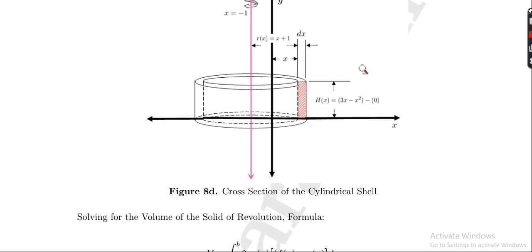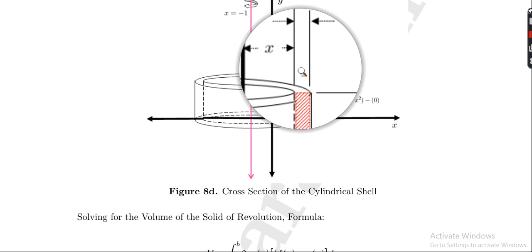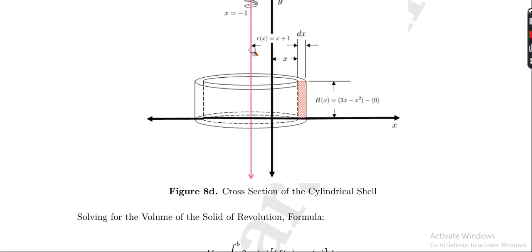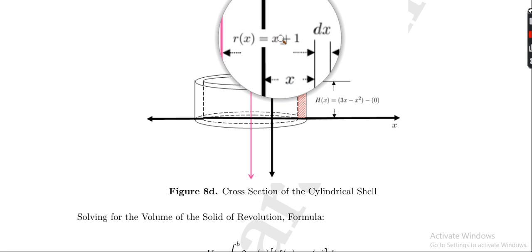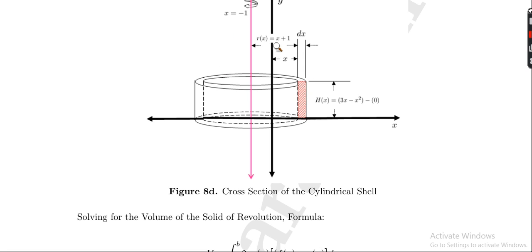Okay. Now, for our radius ng shell, so that is the measure from the element to the axis of revolution. Okay. Now, what we have in our illustration are the two parts bago natin makuha yung mismong radius ng shell. So, simula dito sa element hanggang doon sa axis of revolution is your radius ng shell. Okay? So, ang binigay sa atin dito is x plus 1. Saan ba nanggaling yung x plus 1? Okay, so yung x plus 1 yan,